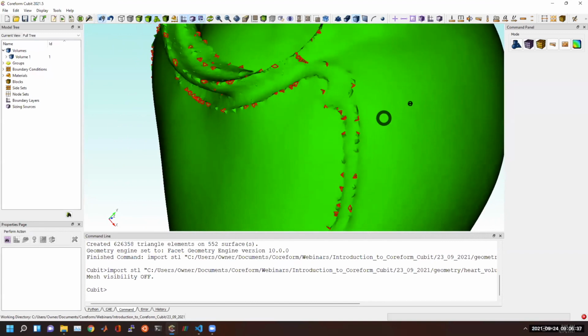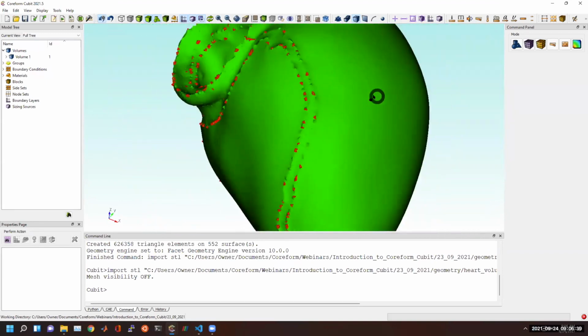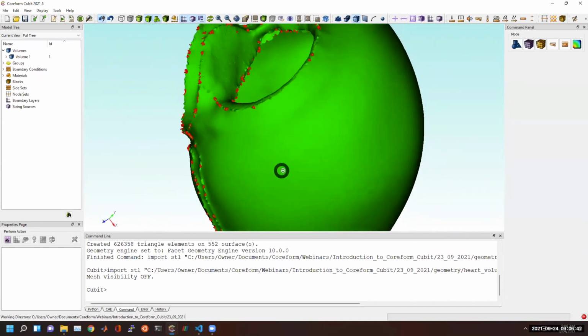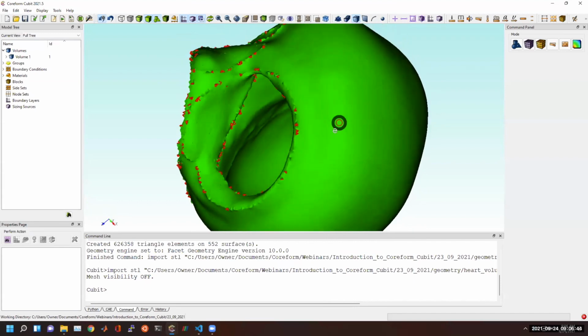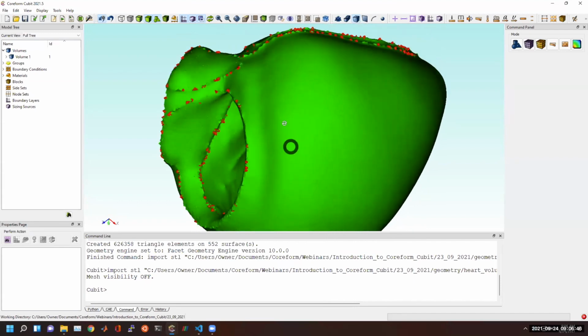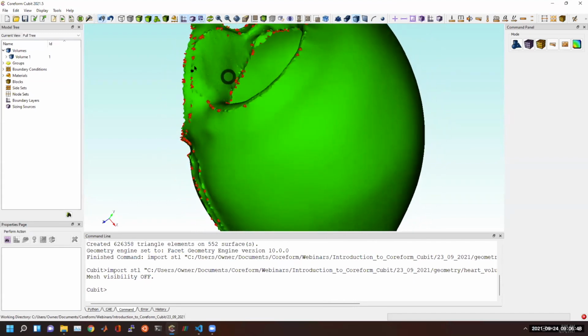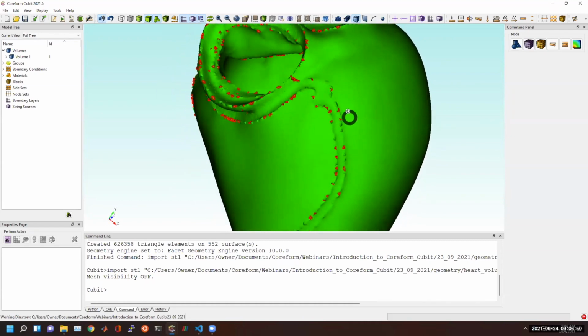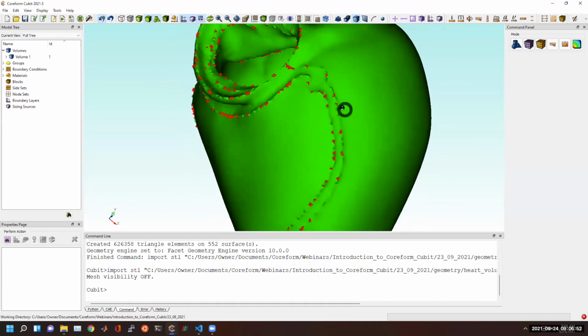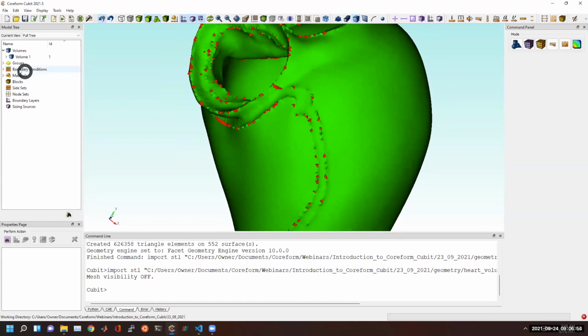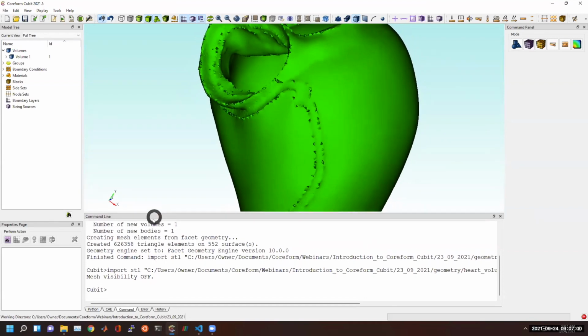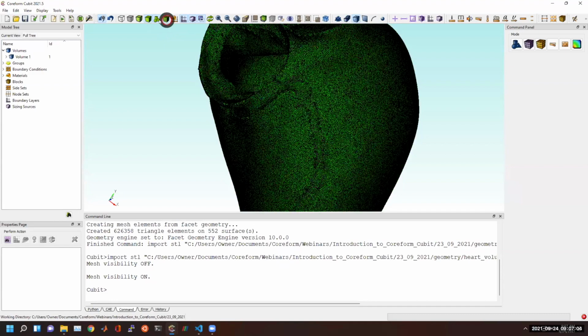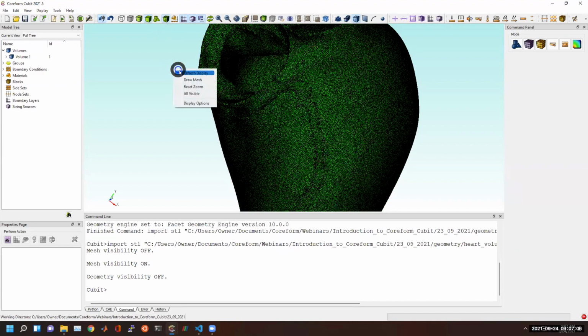Cubit has essentially tried to build a facet-based geometry that you could remesh if you wanted with coarser or finer elements. And maybe we'll show the coarser elements in a little bit. But if you wanted just to directly mesh the triangles as is, what we'll do is we're going to disassociate the mesh. So I can show just the mesh, say, from the